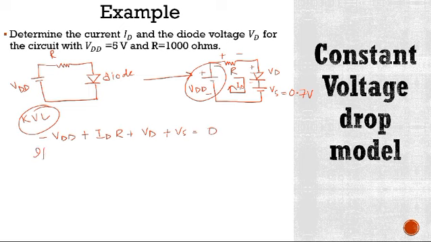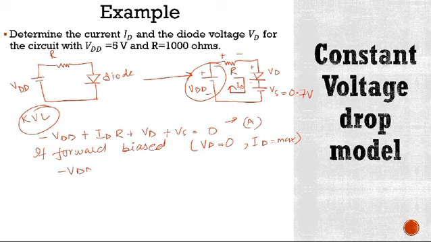If this ideal diode is forward biased, it means VD is equal to 0 and ID is maximum. So equation A will become minus VDD plus IDR plus Vs is equal to 0,